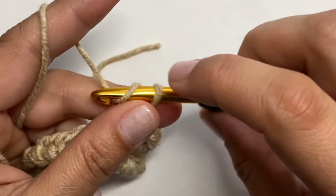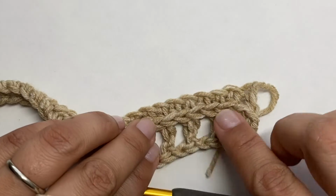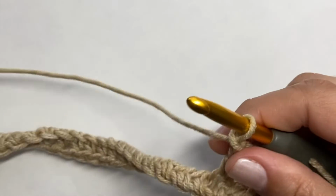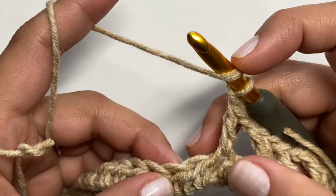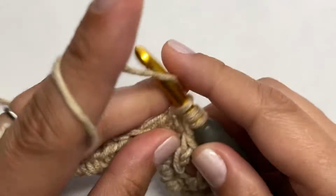And if I flip this over, you can see how you get that little braided area that's coming up really nicely. All right, so I'm going to go ahead and continue. I'm going to yarn over. I've already done my chain one, skip one, and into that third loop,